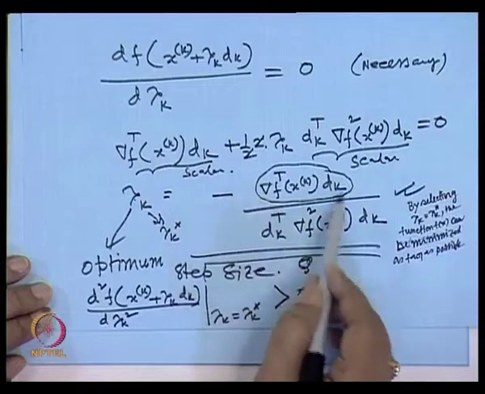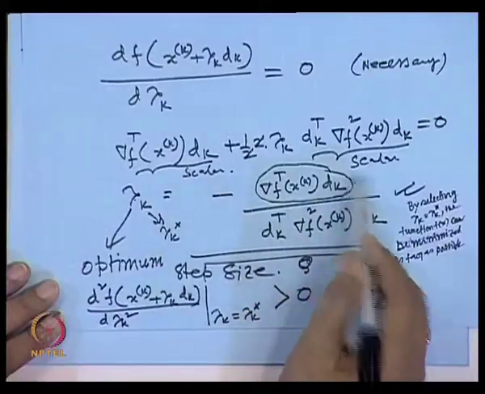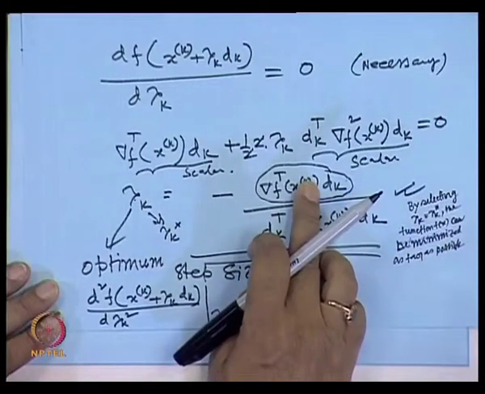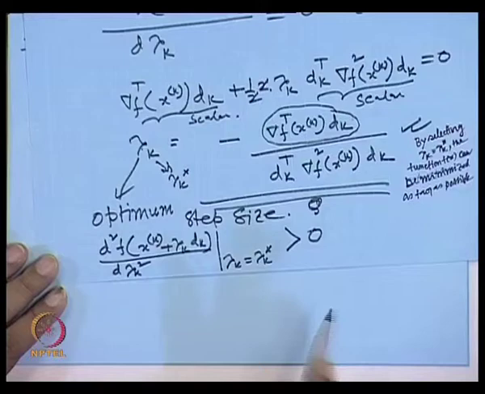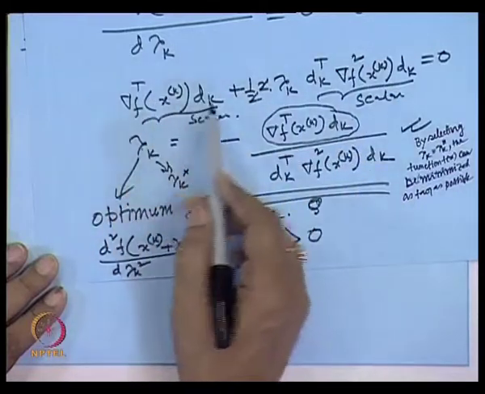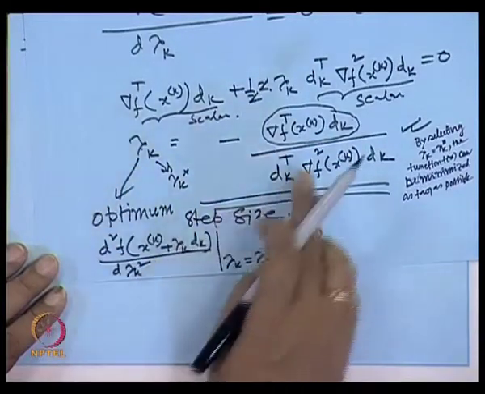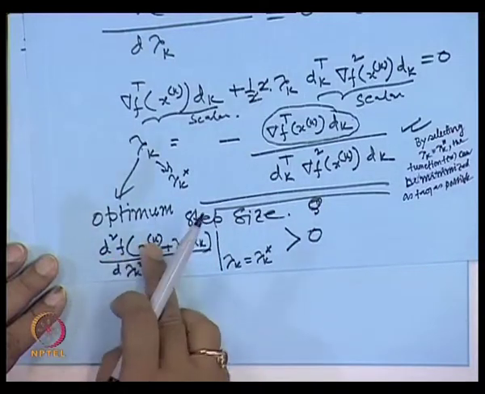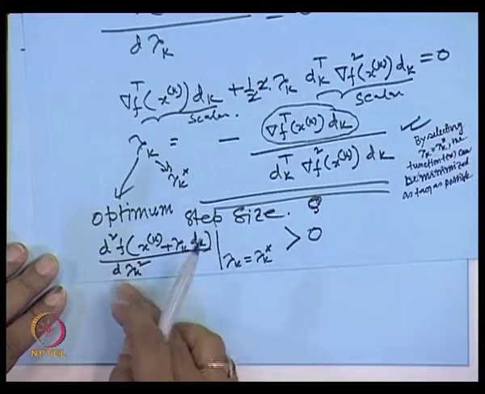Look at this expression. This is nothing but the condition on which direction you will move so that the function value decreases from the kth instant to the k plus 1th instant, and that will be less than 0. Less than 0 means negative, and negative of negative will be positive. So lambda k is positive. If you differentiate once again, this is the derivative of the function with respect to lambda k, and we got the lambda k value. If you put this lambda k value in the second derivative of f of x, where x is equal to x k plus lambda k d k, differentiating with respect to lambda k squared,